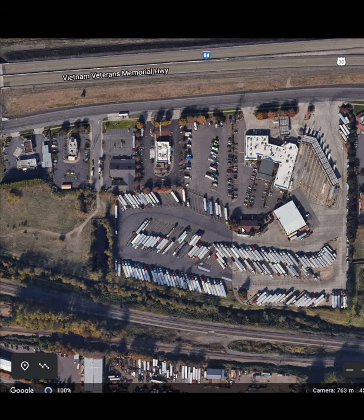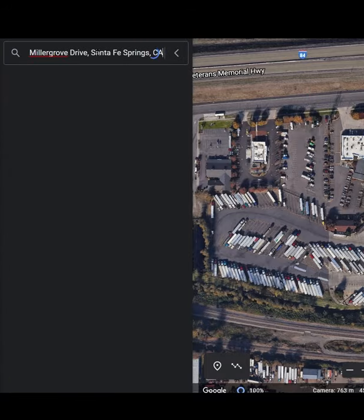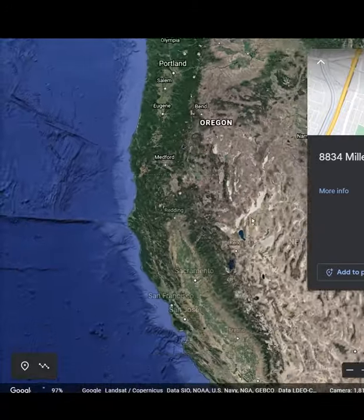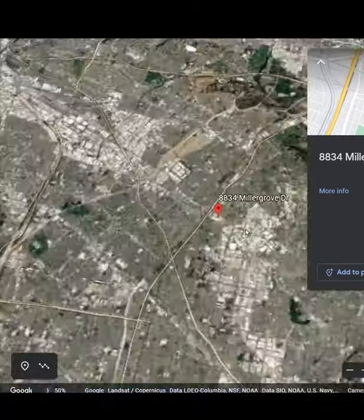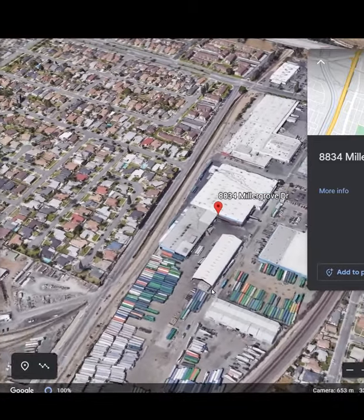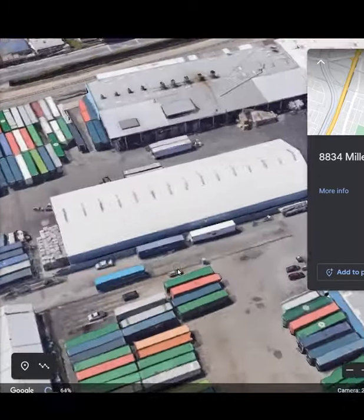Right, let's take a little trip down south to Southern California. Now, this yard is a drop yard down in Santa Fe Springs. It is basically just a drop yard for lots of different companies. I think JB Hunt might be there, but Hub Transport